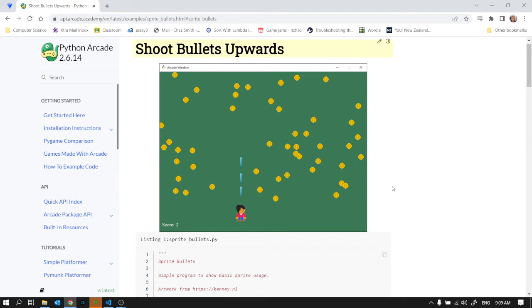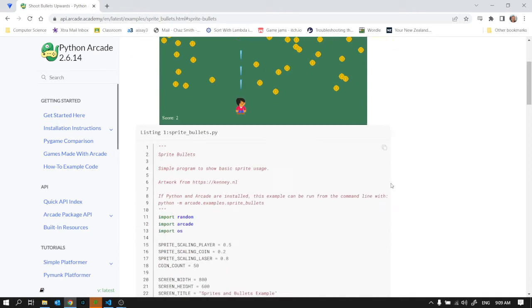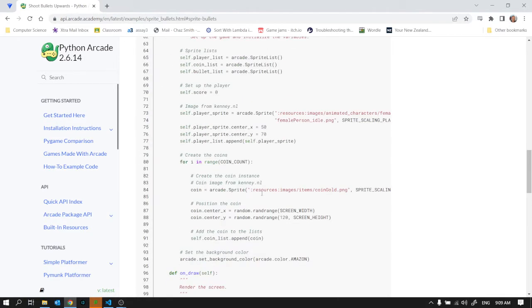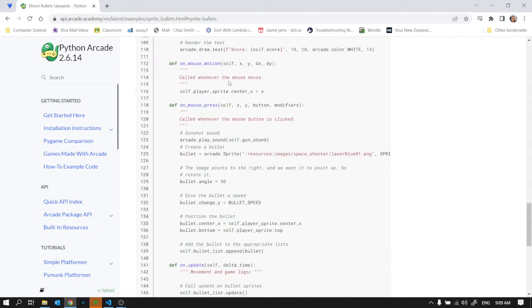The skill here is picking out what is relevant to us and then modifying it to our needs. That's really the point of this video. Because this one, I think the position of the player is just based on mouse movement. So on mouse motion, it just positions the player sprite wherever the mouse actually is. Useful little tweak of being able to do that. And also, instead of having the